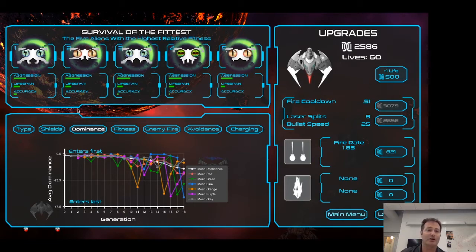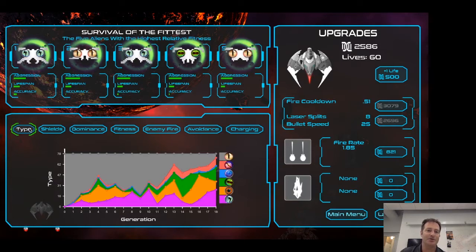If you want, you can look at this: after 18 generations, this is survival of the fittest. This is the 5 fittest aliens. And you can see most of what they're optimizing is what we call aggression fitness. So they're trying really hard to get down to the bottom of the screen. Lifespan we're kind of ignoring for now, but this is how long they lived. And then accuracy fitness, you can see this individual was the most fit of these 5 because it was able to shoot me a little bit. These graphs here,